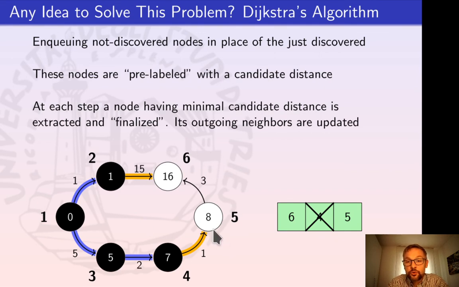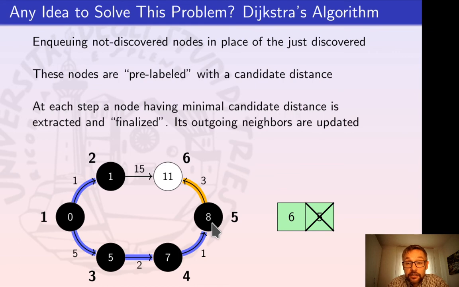Again we need to choose. Please notice I have updated the candidate distance on node number 5, according to the distance of node number 4, increased by 1 because the edge from 4 to 5 has weight 1. Now again we need to choose the smallest candidate distance among the unfinalized nodes, and in this case the smallest one is node number 5. So we take node number 5, we finalize it,